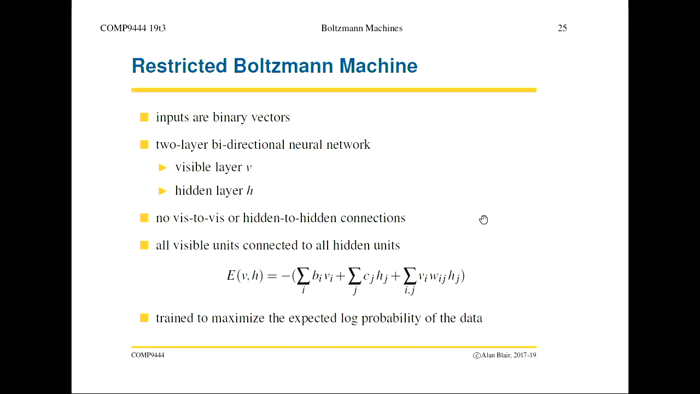The inputs, again, are binary vectors. They're either 0 or 1, nothing in between. It's a two-layer bidirectional network. We have the visible layer V and the hidden layer H. There are no connections visible to visible and no connections hidden to hidden. There are only connections between hidden and visible. And the energy function turns into this,